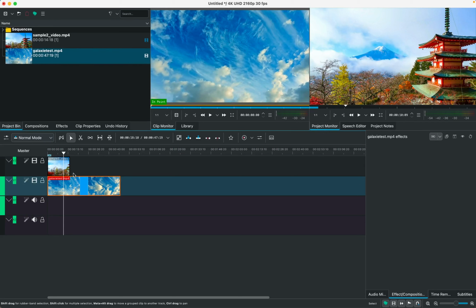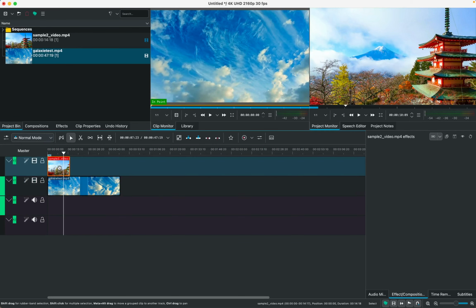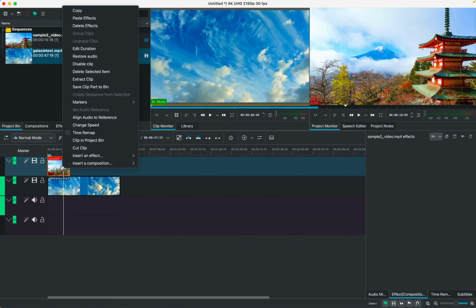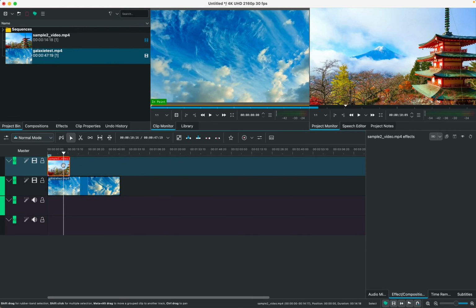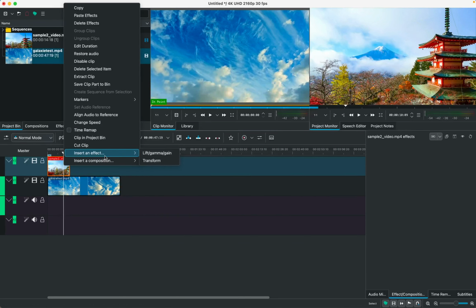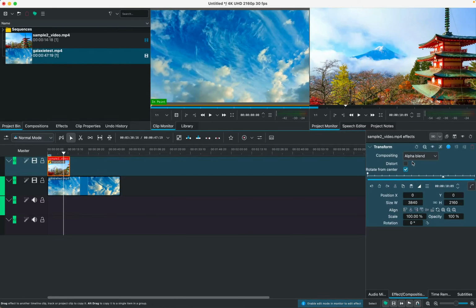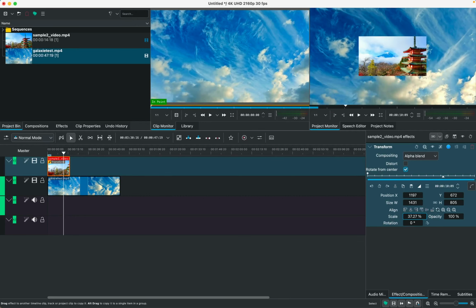So one of the contexts might be you want to show your video on the top of it, maybe like this. You just right click and you need to insert an effect, transform. Then you can scale your video just like this. Alright,